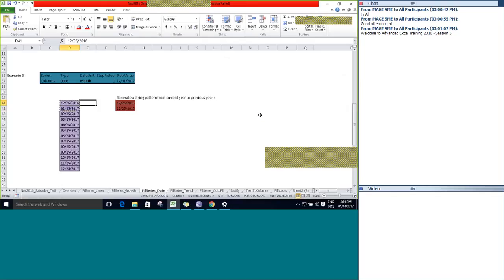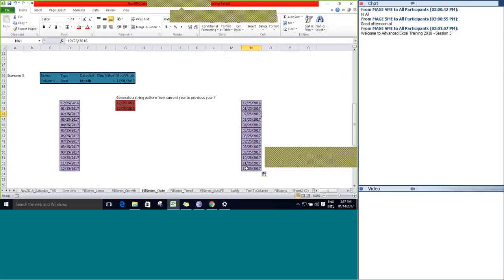The same can be achieved without using fill series. Give it a try and look at the output. It's going to be the same output. If you just drag and drop below, you can see the corresponding string pattern can be generated without using the fill series command.